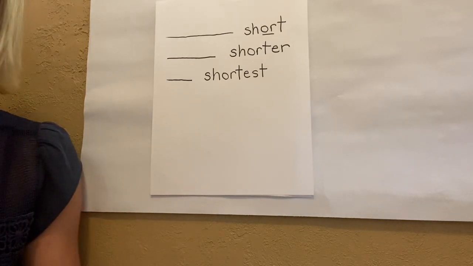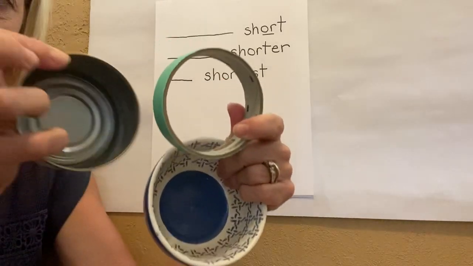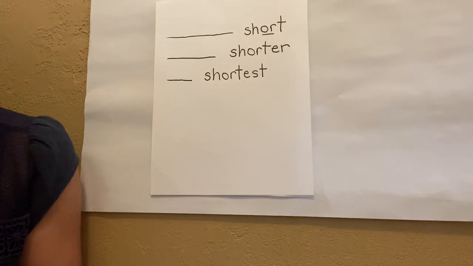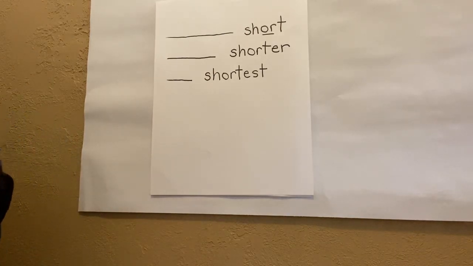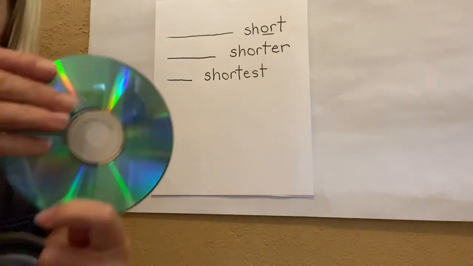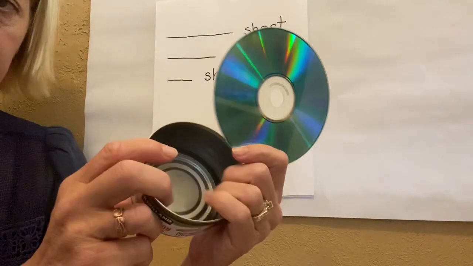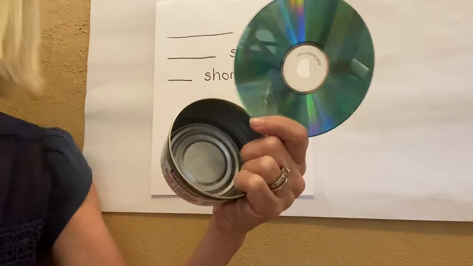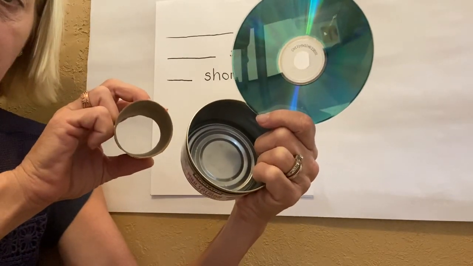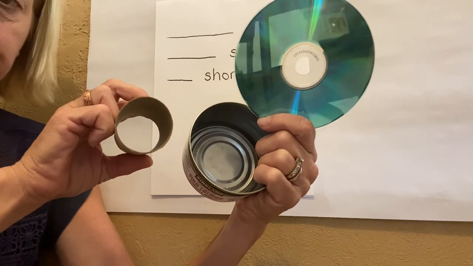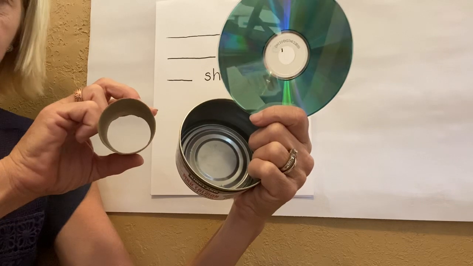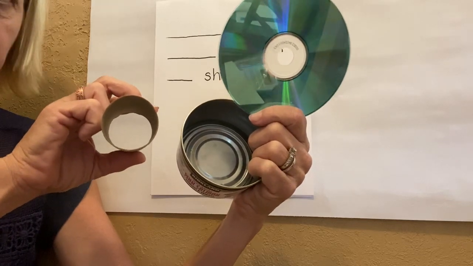So these 3, if I got these 3, they almost all look the same, don't they? You want it to be very obvious that you have 3 different sizes. So maybe a better choice for me. The CD definitely looks like it is small, but the can is smaller, and the toilet paper roll would give me the smallest circle. So press pause and go see if you can find 3 things that are circle,